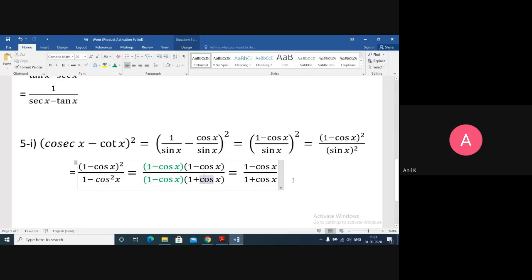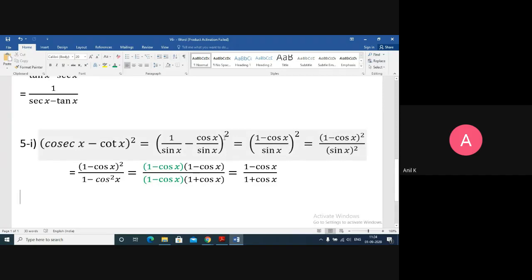So then I cancel them. So I use 2 algebraic formulas and 1 trigonometric formula. Total we have 1, 2, 3, 4, 5, 6 steps. Sorry, 6 steps we have, but we use 3 formulas. That's why students feel trigonometry is difficult, because remembering so many identities is difficult for them.